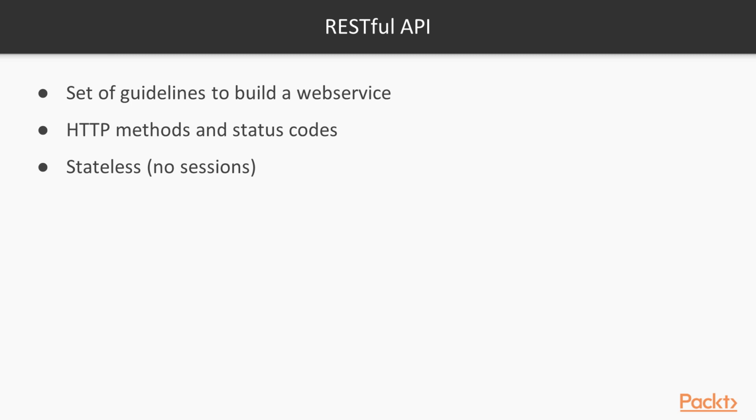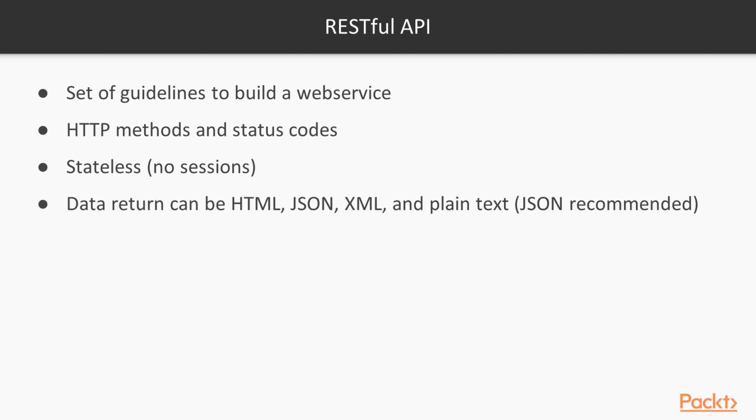So it's your job to provide all the useful information to the server about your request. And then the data returned can be HTML, JSON, XML, and plain text. But usually for the application that we're going to build, which is in Express, Node, and MongoDB, we will stick with JSON because that's what is recommended. And also RESTful APIs have a guideline to implement CRUD operations on resources,